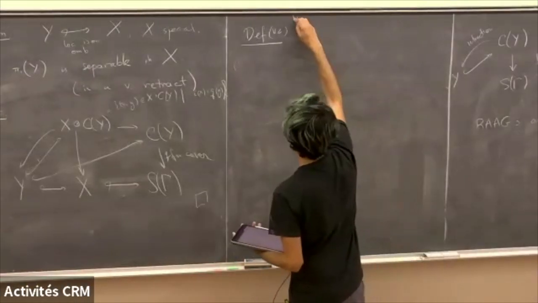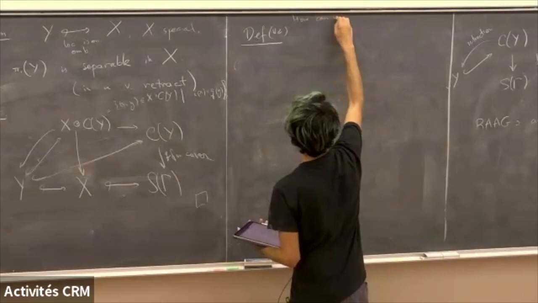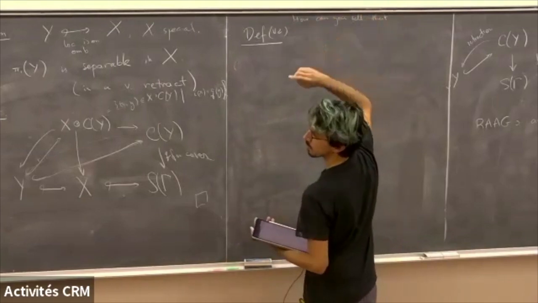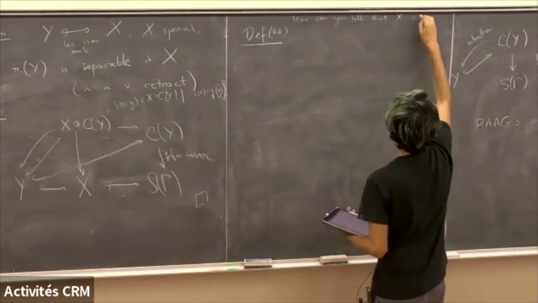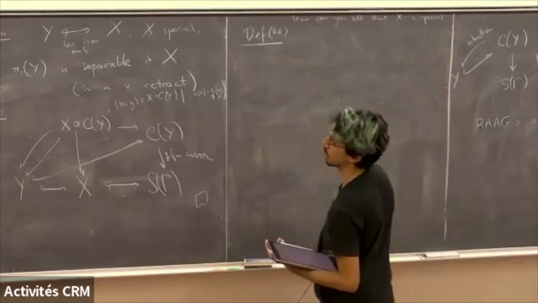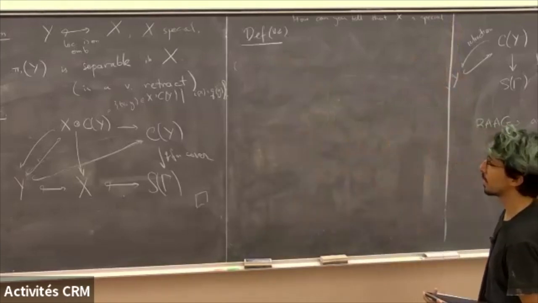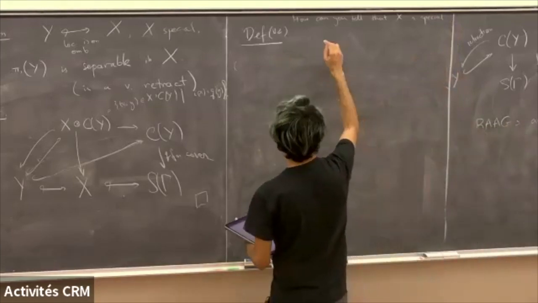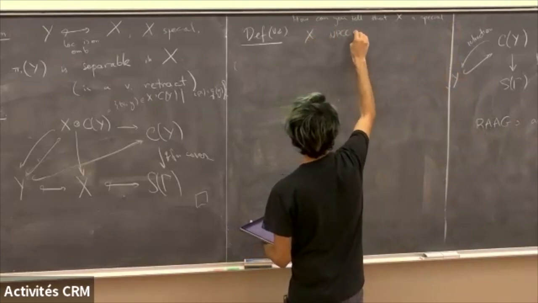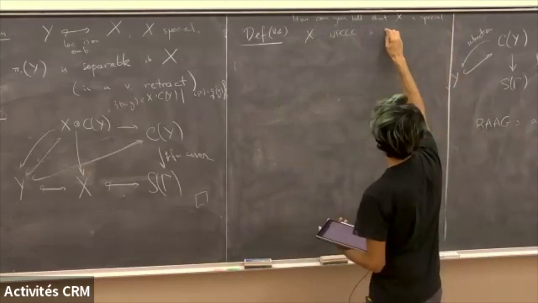And so really, how can you tell that X is special? So you check the hyperplanes. And so X, a non-positively curved cube complex, is special